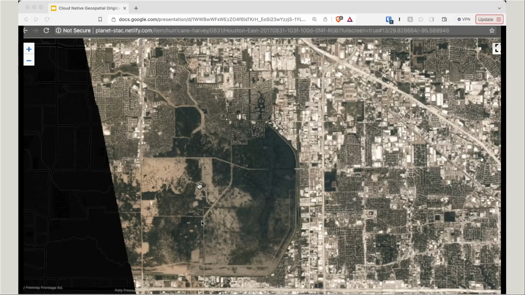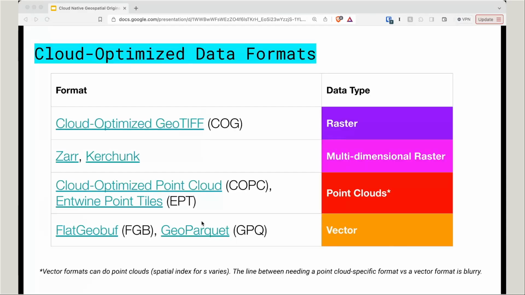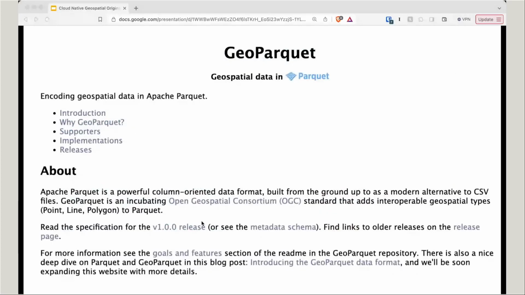So since COG and STAC, there's been a number of great cloud-native geospatial standards, but I'm going to let Michelle explain those as I was less personally involved. But I want to touch on the latest standard I've helped lead. And I've sort of pledged this to be my last format I work on, but my hunch is this is going to be the biggest one.